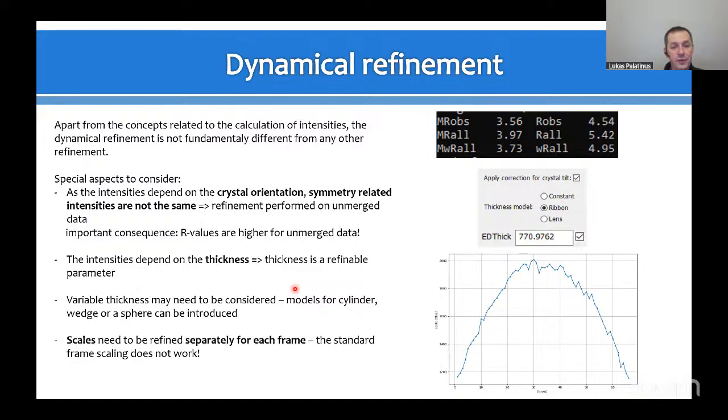And there might be even variable thickness considered, so you can have models for a crystal that has the form of a cylinder or a wedge or a sphere. And last point,